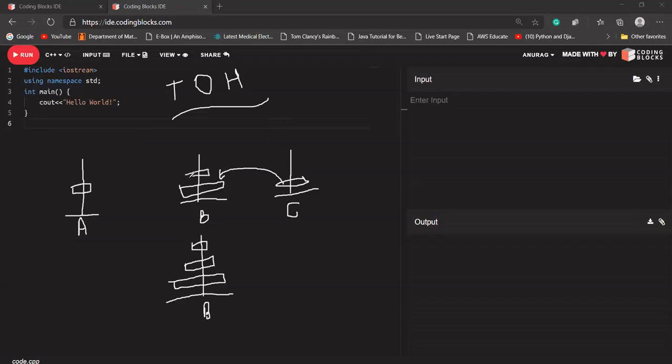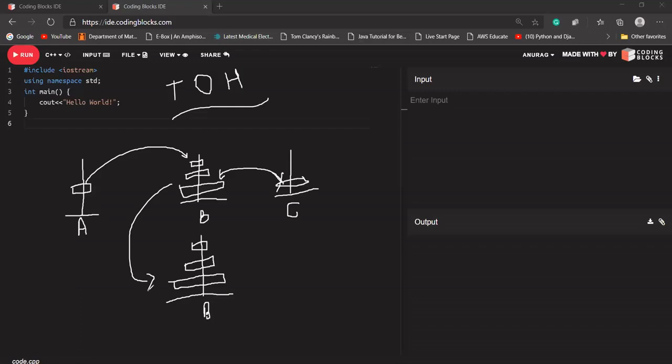Let's say that is disk number 2. Again, if I moved it from here, now I can do this operation. So we are getting the same result that I was expecting. So we are getting something like this. So this is the Tower of Hanoi problem. So I have solved it for the 3 disks.